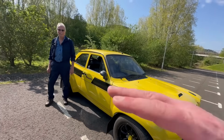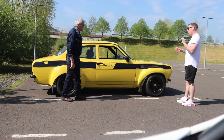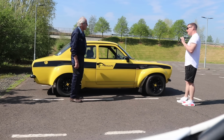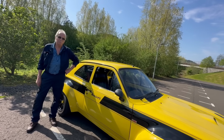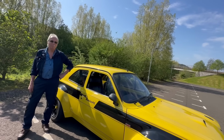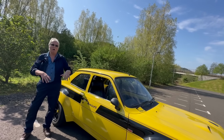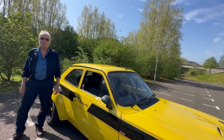And you were saying you know exactly how much you've got in the car, haven't you? Yeah. You haven't told us, but you said I'd be quite surprised. I haven't told you because I would like to think you might be shocked. Right. But there's 5,000 in it. No way. Is that including all the panels? That's what I had to buy, like panel work, wheels, stuff like that. Engine? 5K. Well, the engine was...